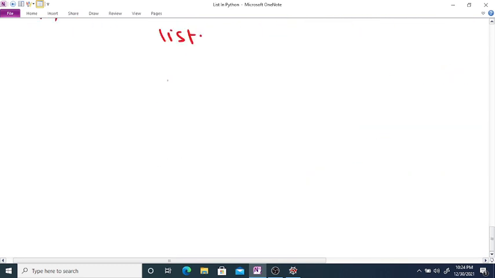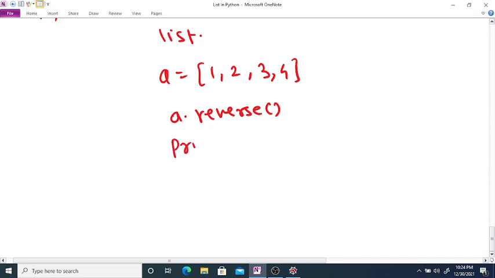Here, if a is the given list, a is equal to 1 2 3 4, and if you use a dot reverse and print a again, then your new output is 4 3 2 1.